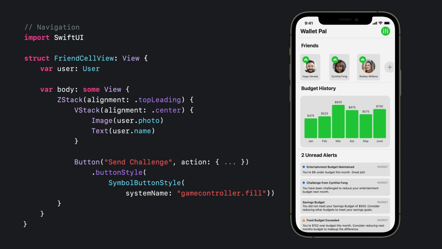While we don't have this feature built yet, I plan to add some kind of gamification to WalletPal. So I've added a challenge button at the top left of each friend view. We already fixed the symbol button style, so the challenge button will be properly labeled now. But since users are reporting that navigation is confusing, are there other issues? To answer that, we must first understand how assistive technologies will navigate WalletPal.